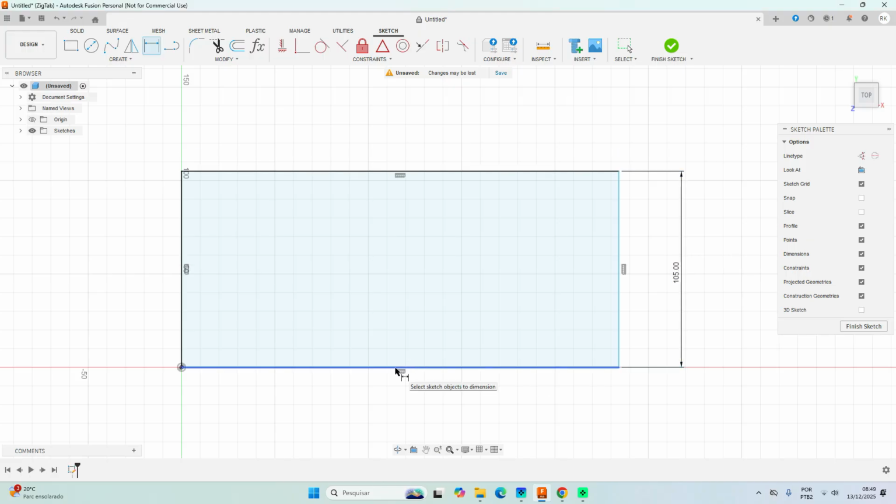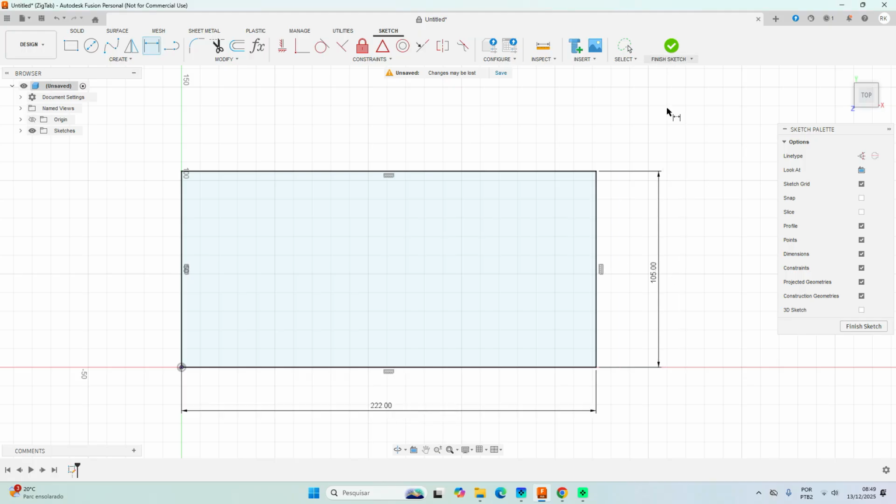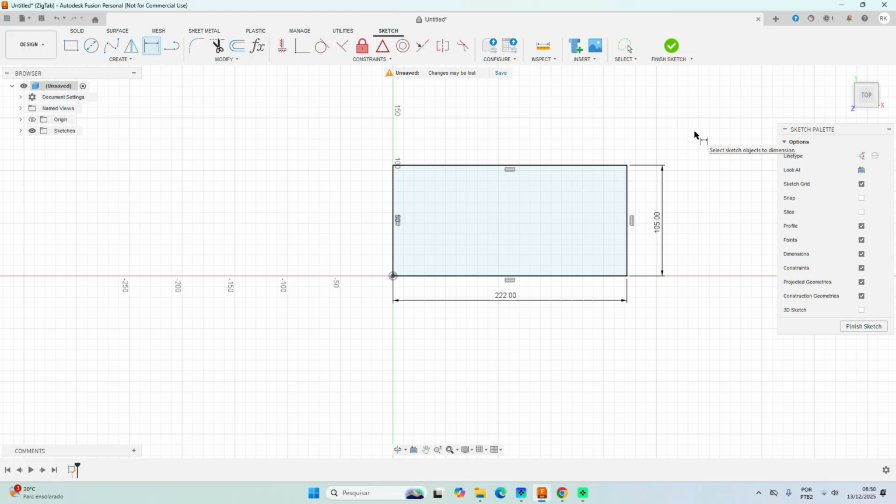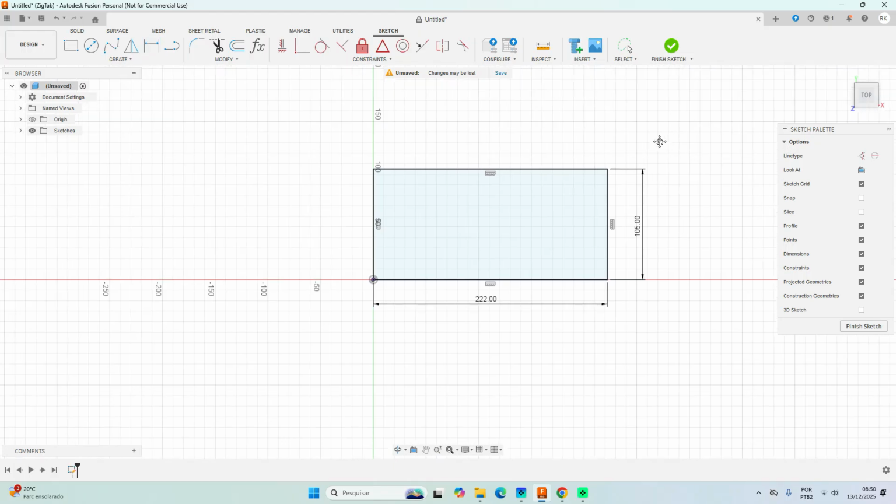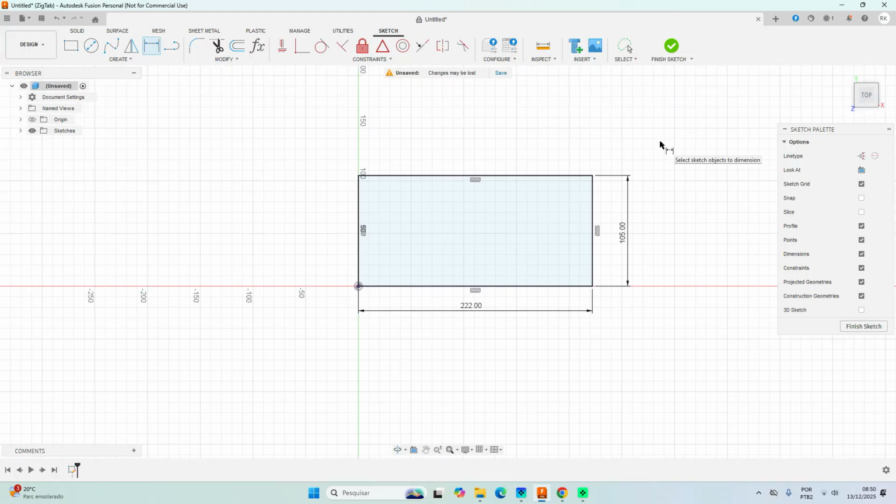Okay, I'm going to do that again here. So click again, put the dimensions, press enter. When that is done, we have our first sketch. Okay, so I'm going to click here on finish sketch,